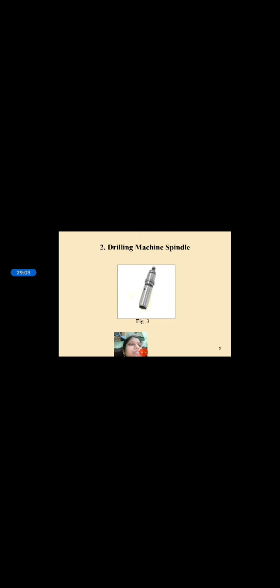Next, the drilling machine spindle. You can hold the drill bit in the drilling machine spindle. This is a sleeve. Why is the sleeve used? It is used to hold taper shank drills whose tapers are smaller than the taper holes, and the outside taper of the sleeve matches the spindle hole. So see here, this is a sleeve. You can hold it directly in the spindle, this is the tapered shank, and this is the tapered hole. See here, this is a sleeve.